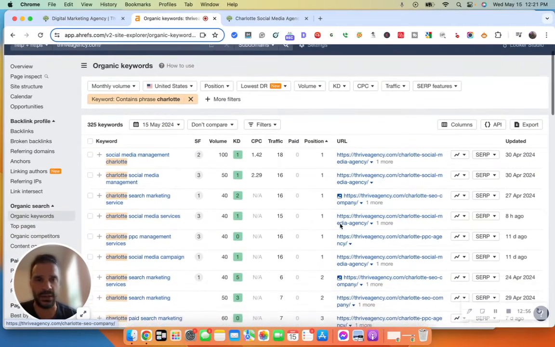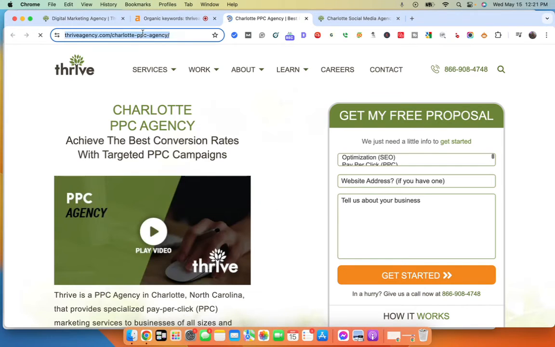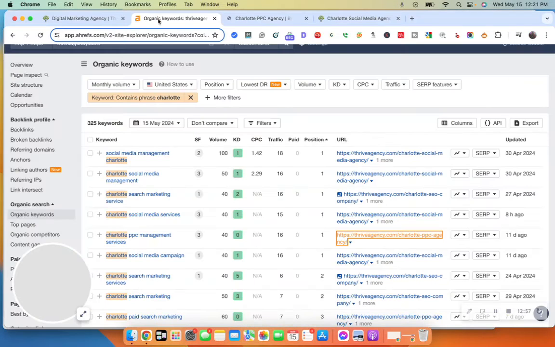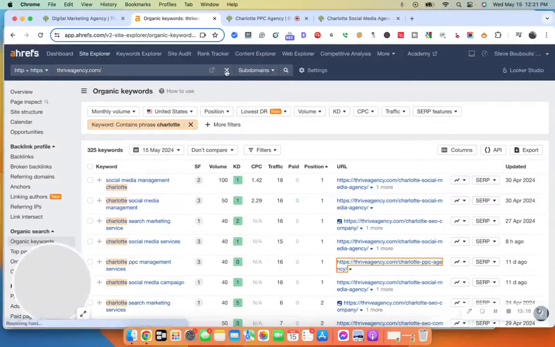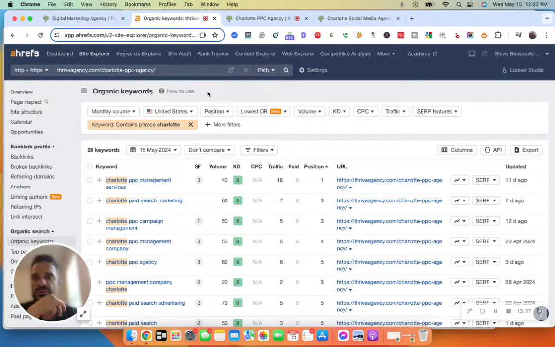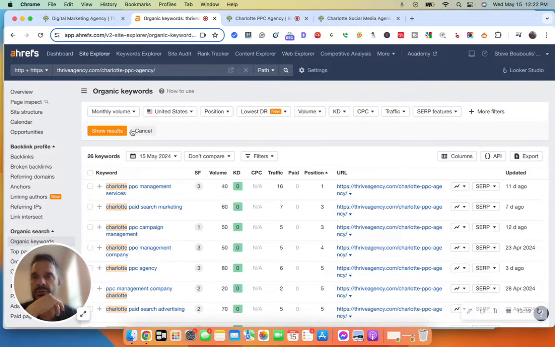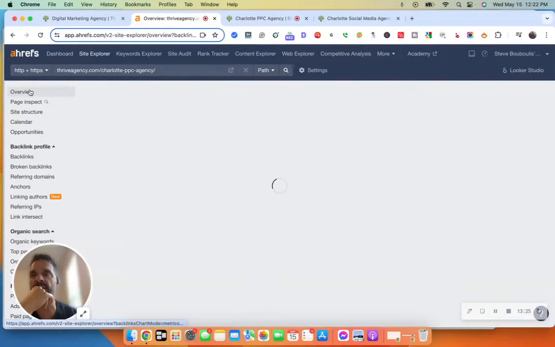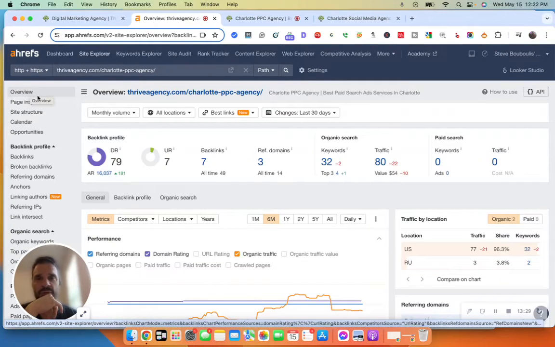So let's just pull up a page. Let's pull up one page, and I could show you just by pulling up one of the pages itself. So this says PPC, which is pay-per-click agency. If I put this URL specifically into the tool, it's then going to tell me, oops, let me remove that filter on there. It's going to tell me everything, how this particular page is